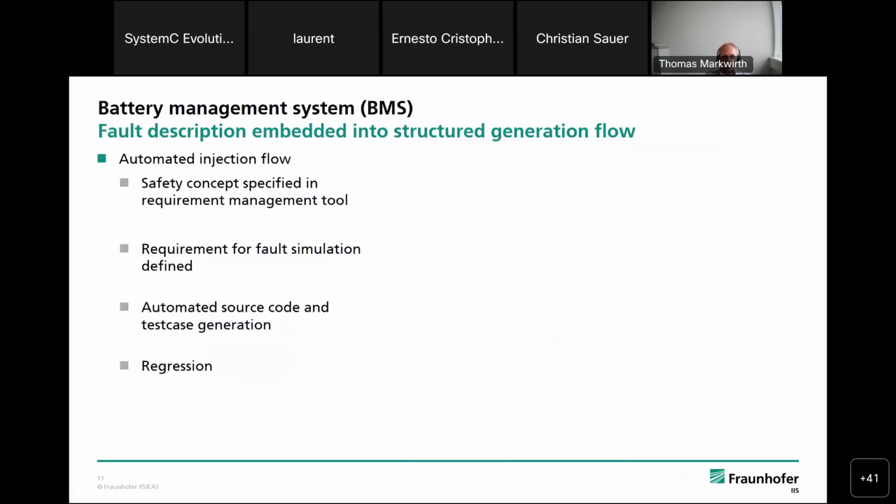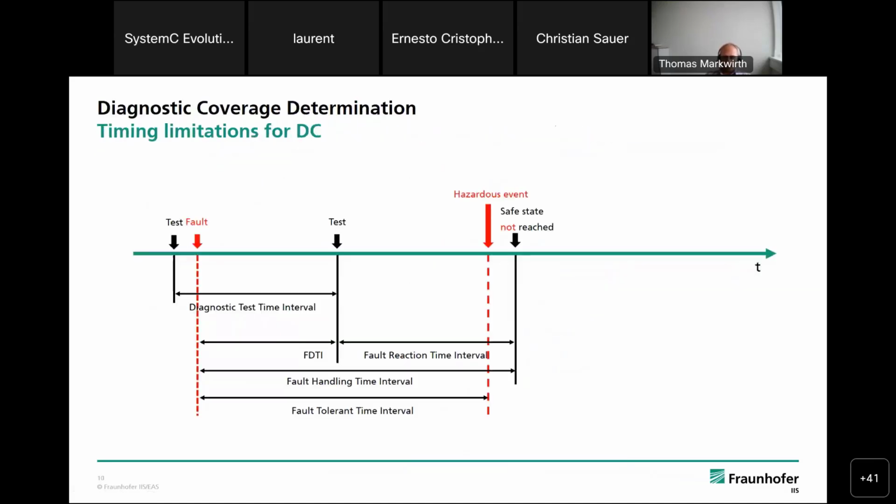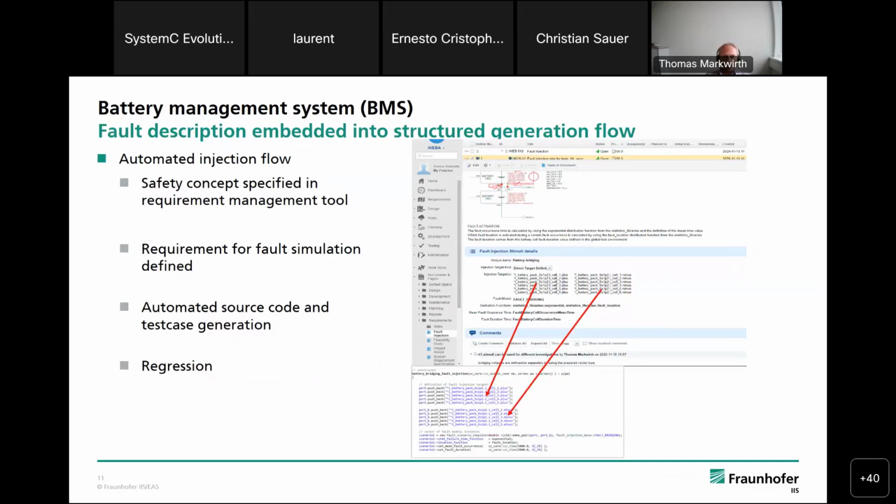So this should be proven by the dynamic fault injection interval. We have several injection points where we inject faults and want to estimate the diagnostic coverage at the end. So the fault description, what I described